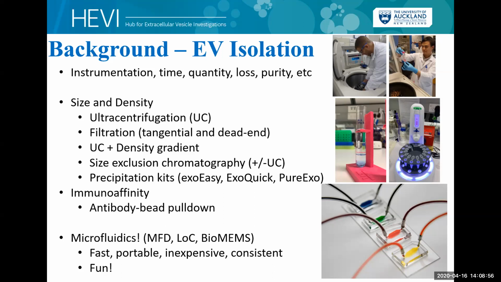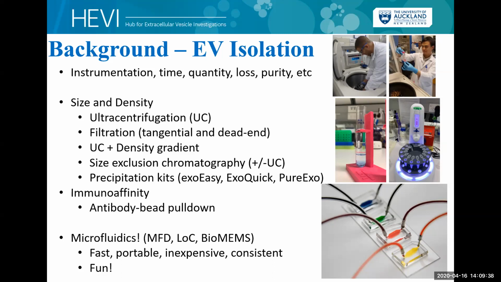For size and density, we have ultracentrifugation, which basically everyone uses. We have filtration, either tangential or dead-end, which you can see Johannes in the top right there doing with one of the Amicon filters, I believe. Can you guys see my mouse cursor? Okay, excellent. You can combine ultracentrifugation and density gradients, size exclusion chromatography with or without ultracentrifugation beforehand. And then there's also the precipitation kits that are, I think, mostly just PEG-based that pull down just about everything. You have your amino affinity bead-based pull-down methods,